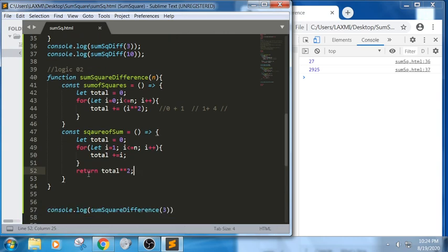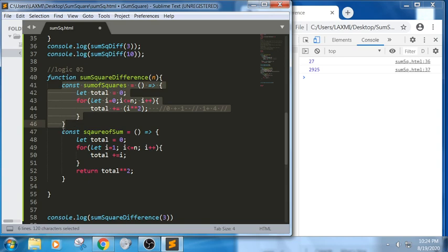in this way. So in this we have taken the same part in two different functions followed by two different for loops. The first one is trying to perform the sum of squares, and the next one is trying to perform the square of sums. So it will iterate the loop and give the square of each and every value.